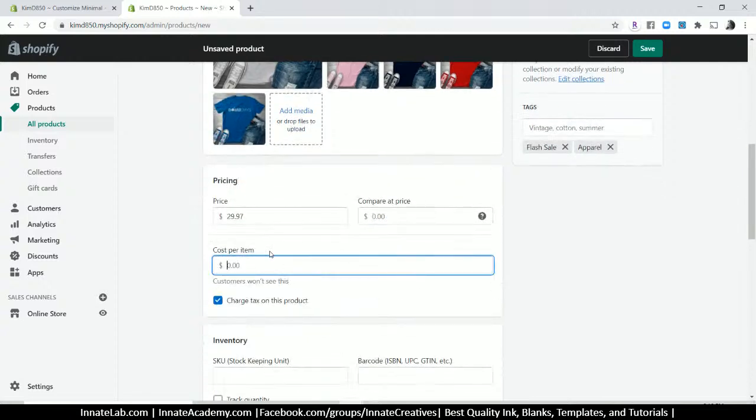And then this cost per item, this is for you. So if you are trying to basically make a profit on this item and you know your cost as far as your labor, your materials, shipping the items to you, all of that stuff, your overhead costs, you might even want to work in there. So let's say, for instance, it costs you about $8 to make each shirt